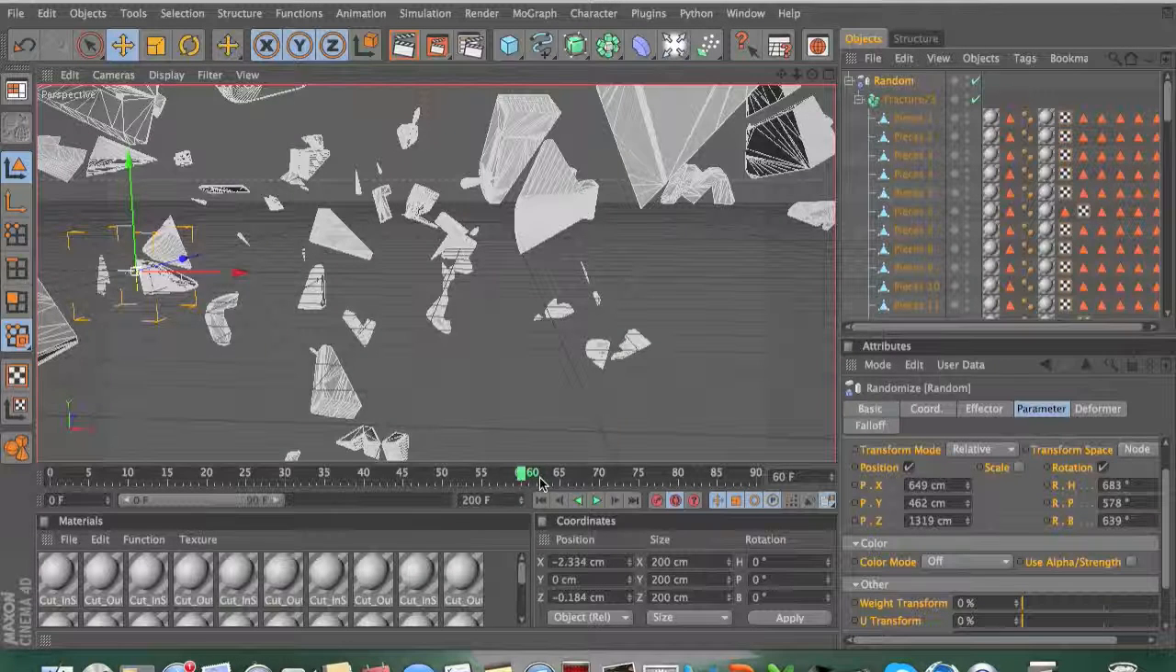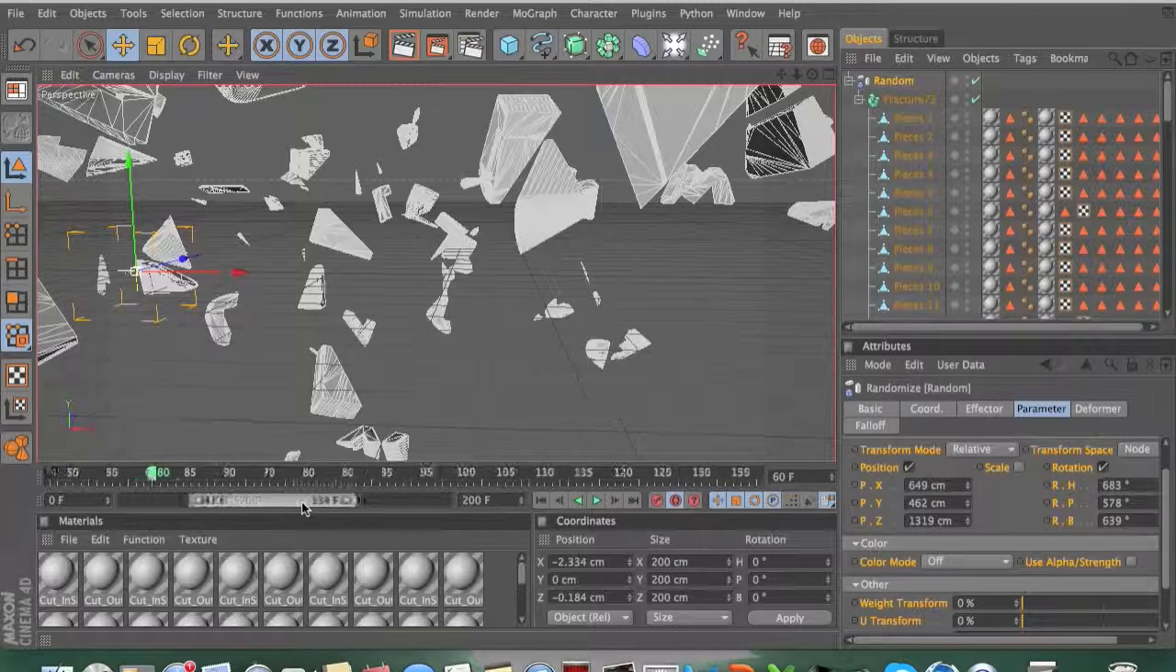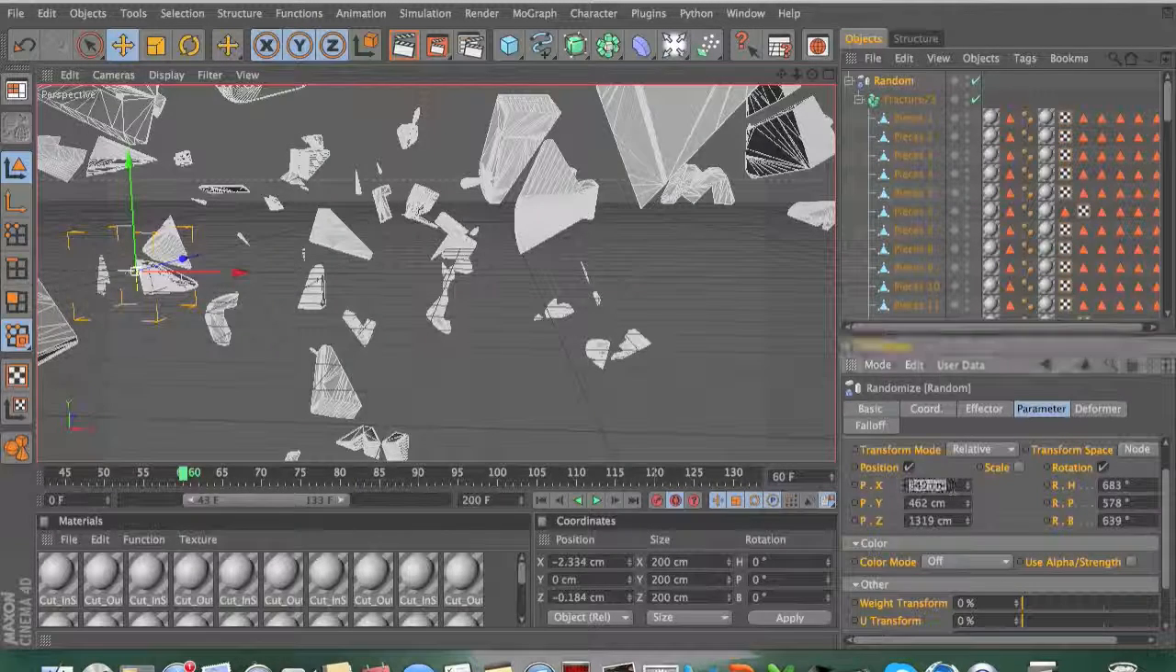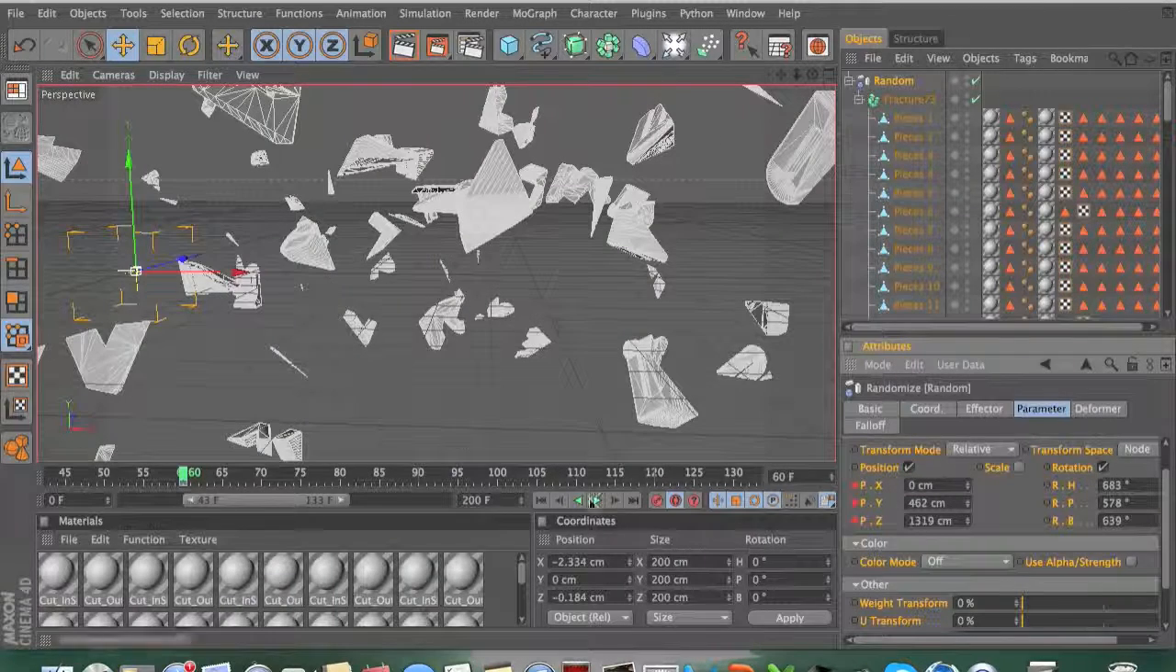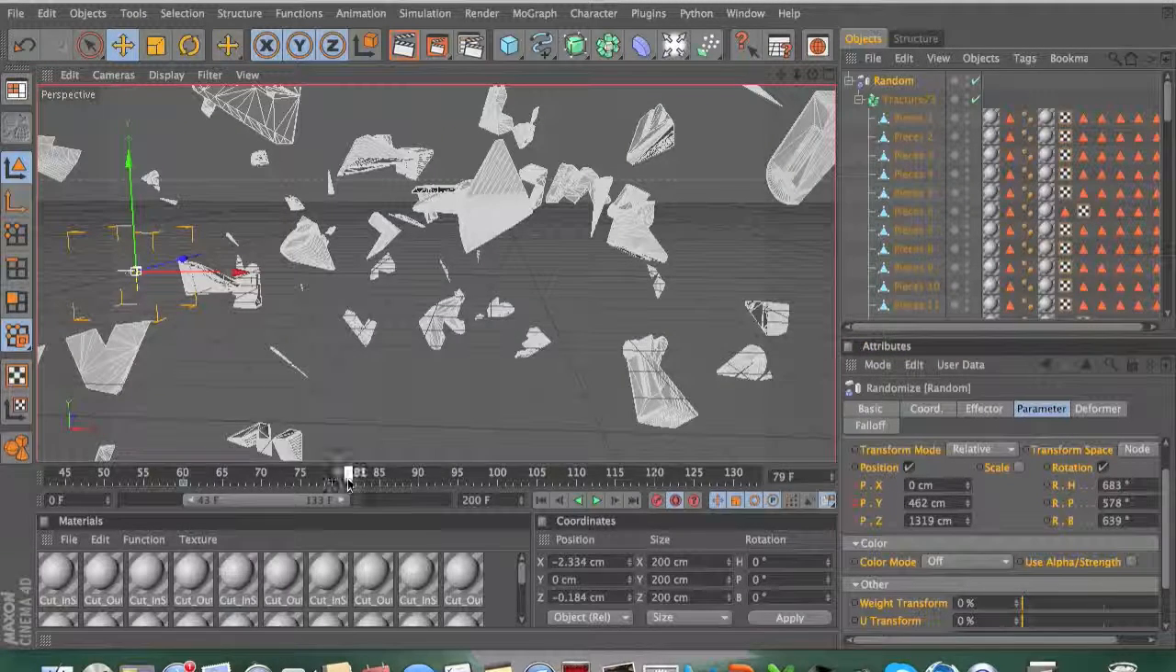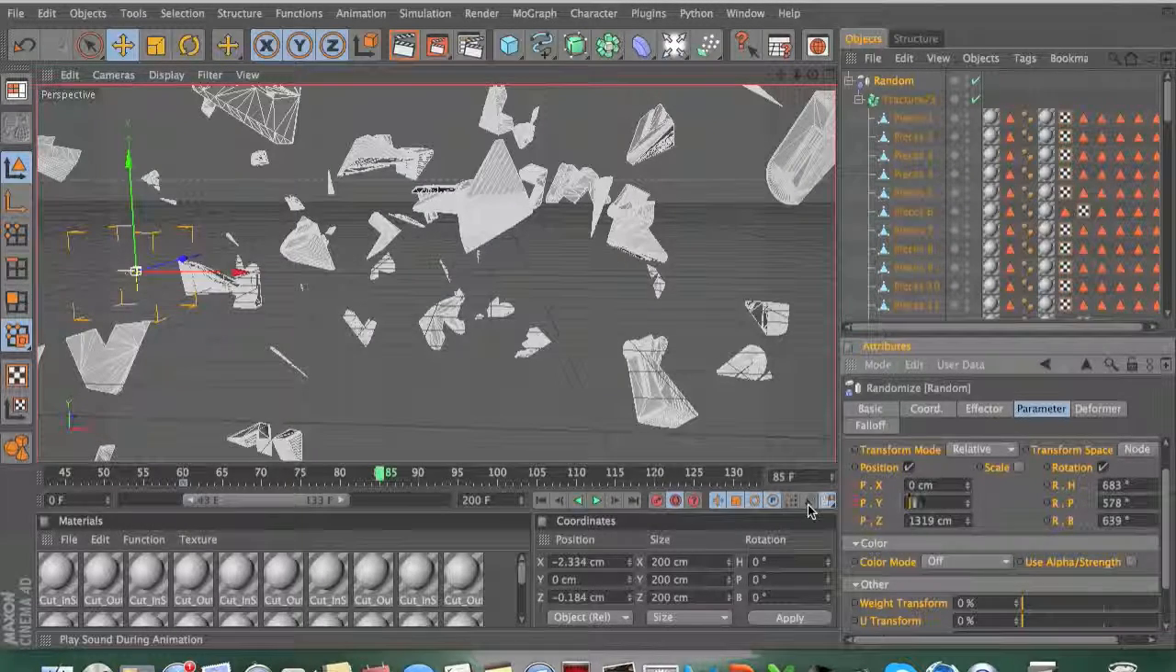So bringing it to 60 frames, so equal to 2 seconds, and put the position X to 0, hit enter, and as you can see, it makes a blue type of tick. That's a keyframe. Then you can go to about, I would say 85, position Y to 0,